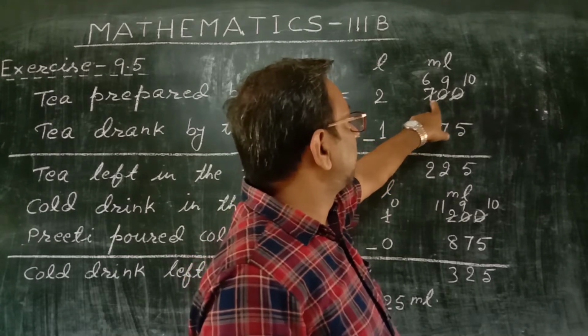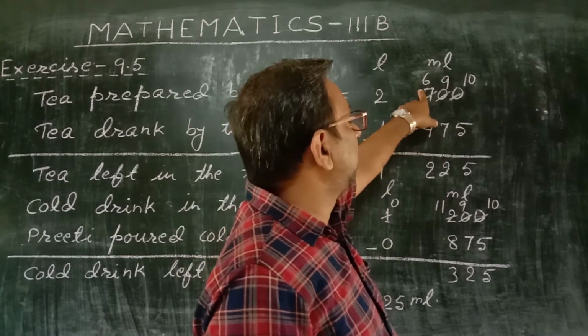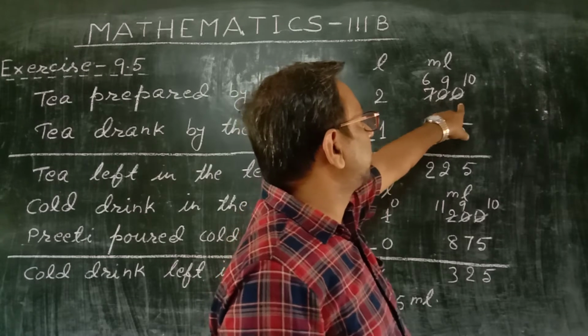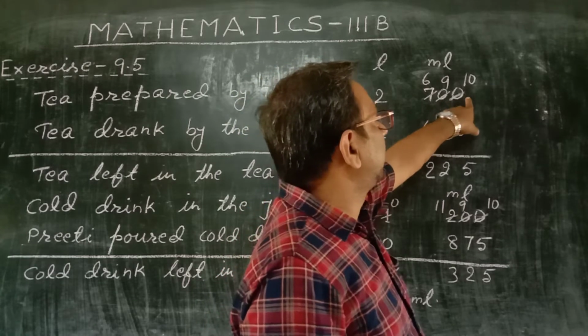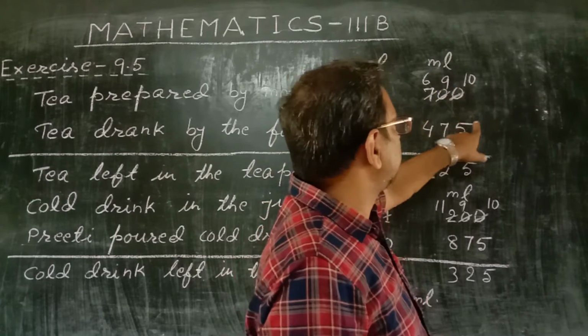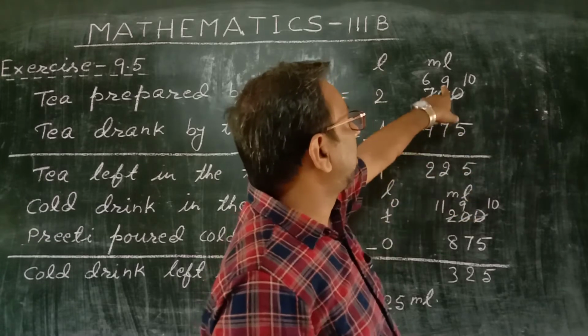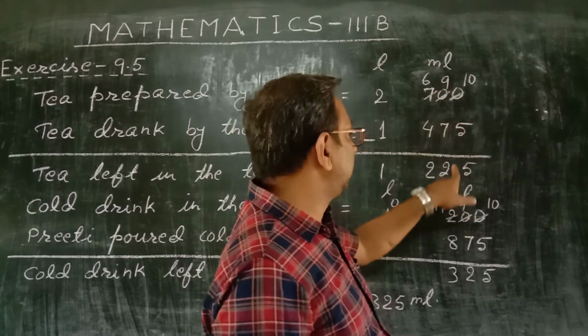If you take 1 from 7 to this 0, it became 10. And here 6 is left. And from this 10, 1 is taken to this 0. It became 10. And here 9 is left. Now this subtraction is possible because 10 is more than 5. So 10 minus 5 equal to 5. Here 9 is left. 9 minus 7 equal to 2.